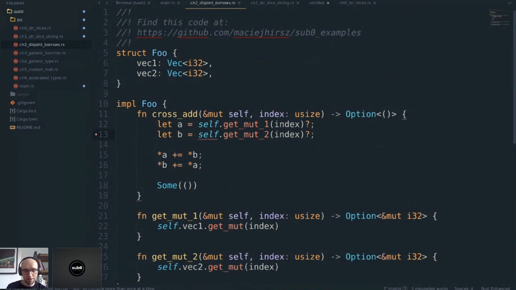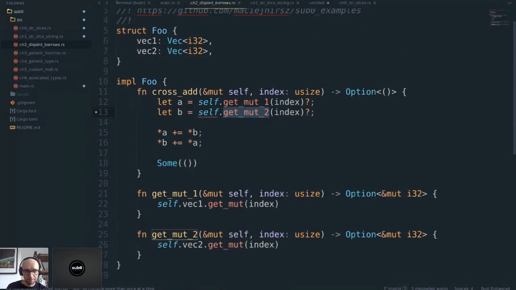The reason why Rust doesn't allow me to do that is because I'm using a helper method that I wrote here, and for this helper method, I'm borrowing self in order to get something from the vector. So my A over here lives with the same lifetime as my reference over here.